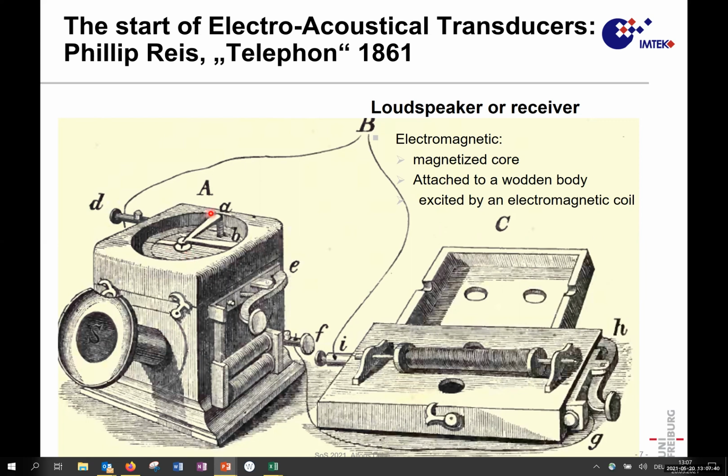And if you do so, you attach wires and of course a battery, and you have a second device at the end of the electric wires, which is an electromagnetic device, which starts to vibrate in this direction and transfers this vibration to a wooden device, and this is emitting the sound again. So this is the way of having one-way